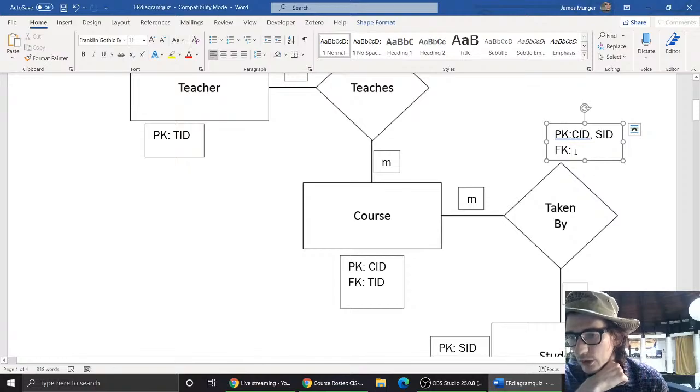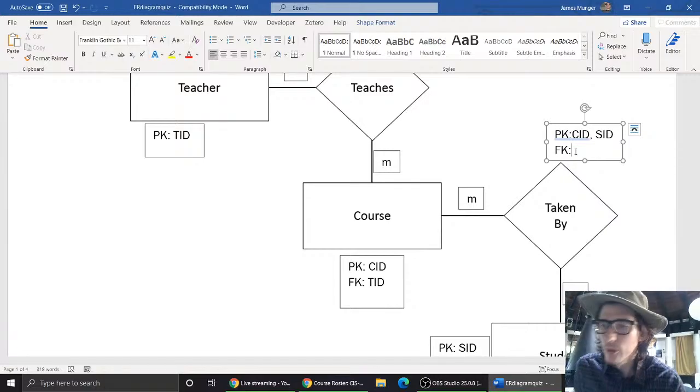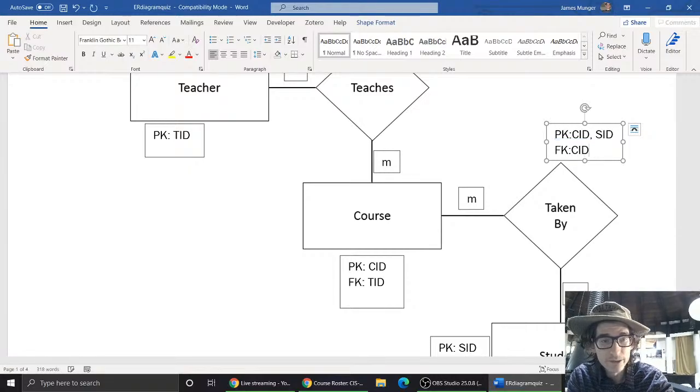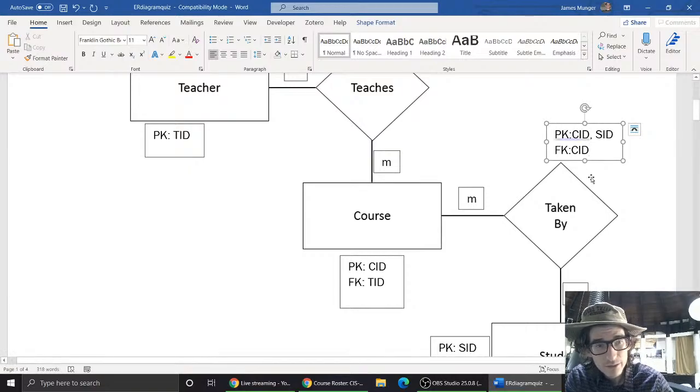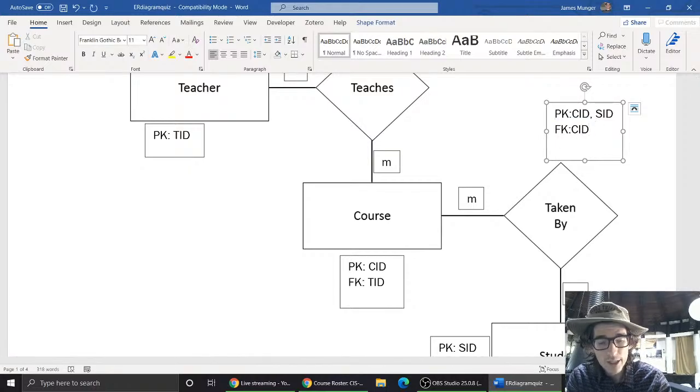In a perfect world where students never need to retake courses, but we're not worried about that because we didn't talk about that in the example. What is the foreign key in this case? Well, it's actually the same fields again, but it's important to understand the primary key here is over both fields together, while